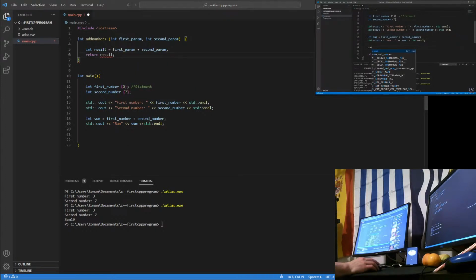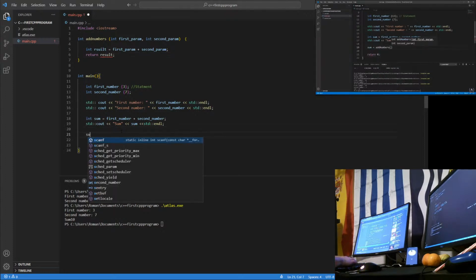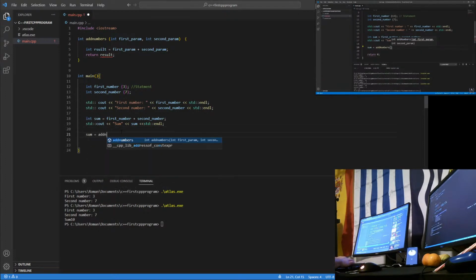The syntax for that is going to be sum equals add numbers, and we can pass in whatever two numbers that we want to add up. Let's pass in 25 and 7, for example. We would expect this to give us 32. So if we print the sum again, we can just copy this statement that prints the sum and reuse it